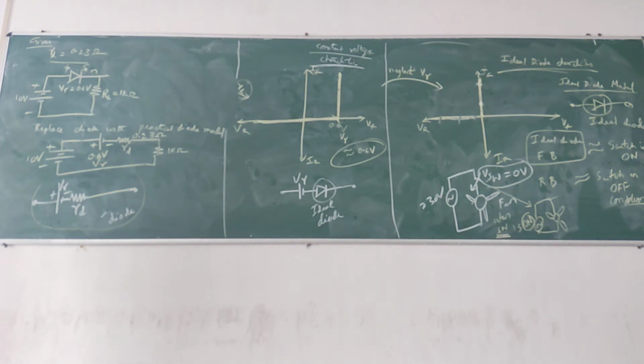Okay, three things you have to find: current, voltage across the diode, and voltage across the load. You should understand the question correctly. If you directly write 10 as the answer, there are no marks. To understand the question correctly, try KVL only. Simple: KVL and Ohm's law. That's it.